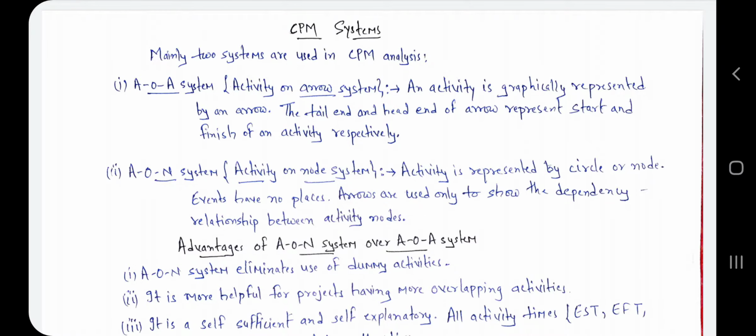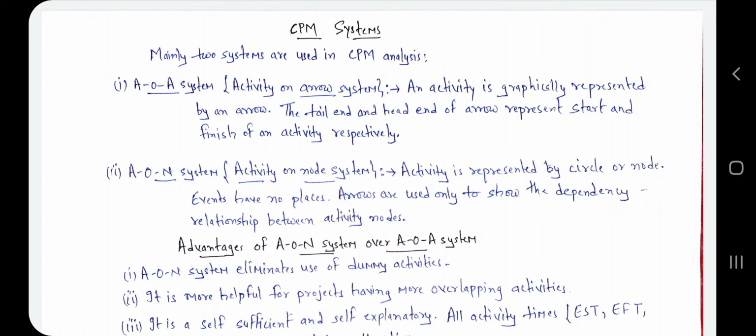In our previous lecture, we have seen floats and types of floats. Today in our lecture we will discuss the CPM system. Mainly two systems are used in CPM analysis: the AOA system and the AON system. We already discussed this part in our previous lecture, but today we discuss it again because this is a part of the CPM